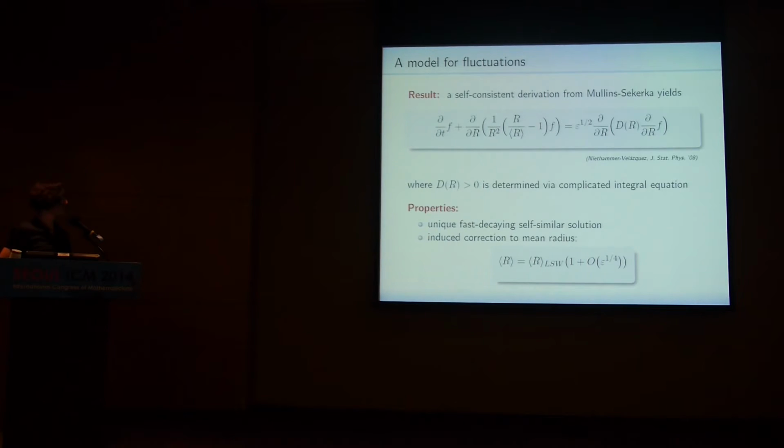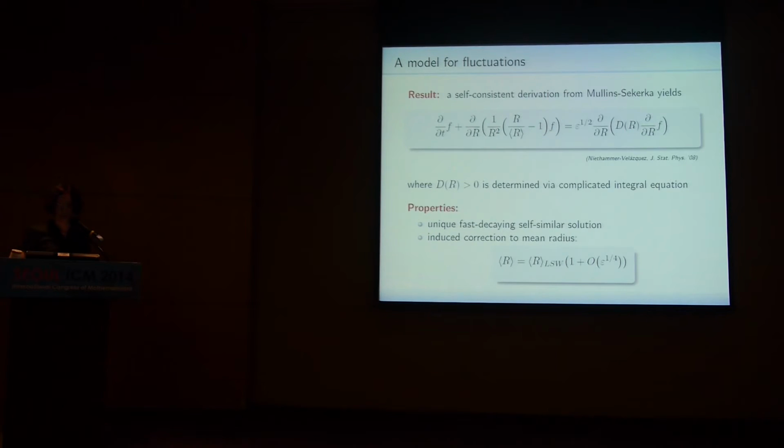Yeah? So this model takes screening into account. Instead of having a whole continuum of self-similar solutions, there's only one. And you can compute corrections to the mean radius that confirm that the average radius now grows faster. Okay, but then we thought, let's still look at this: how does it compare with